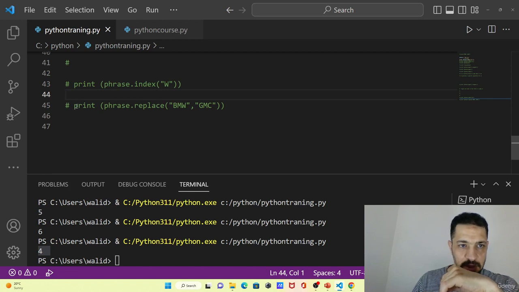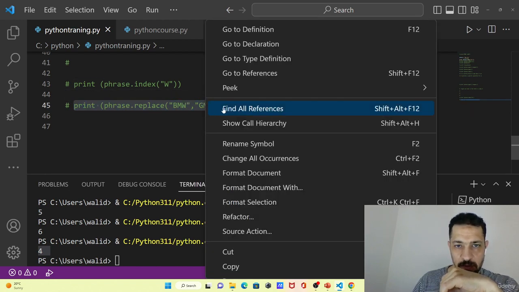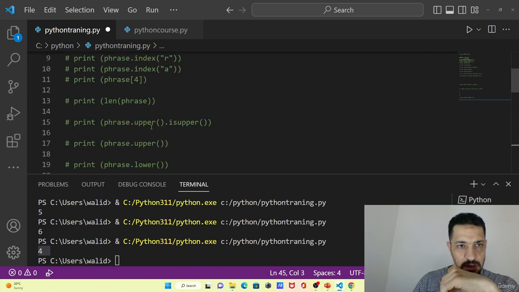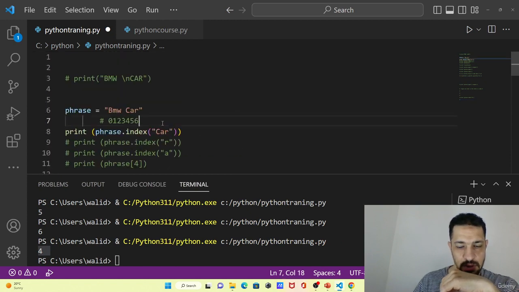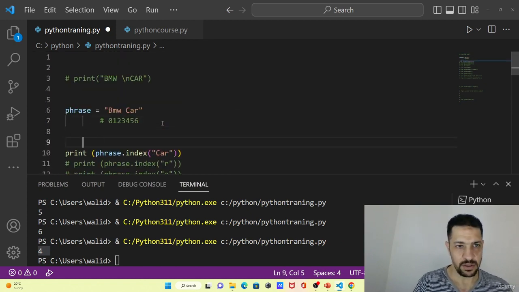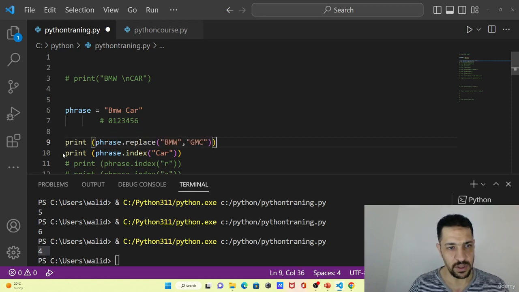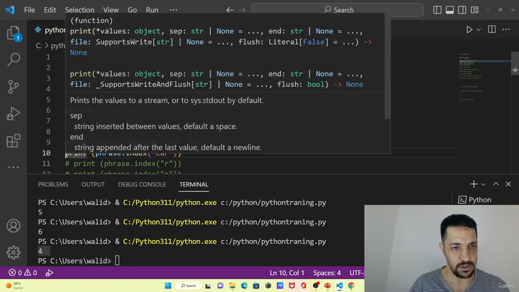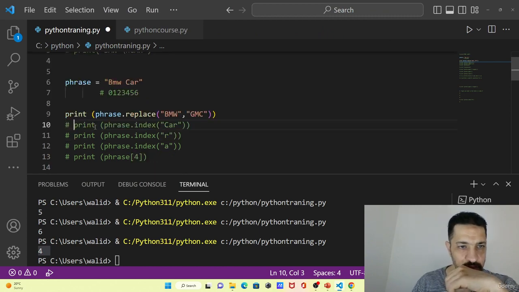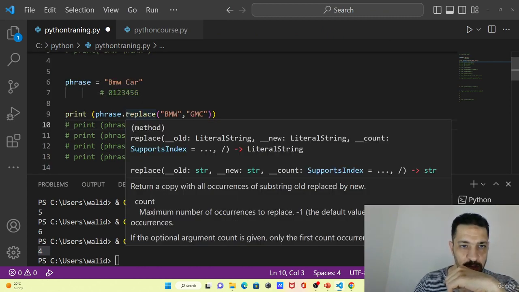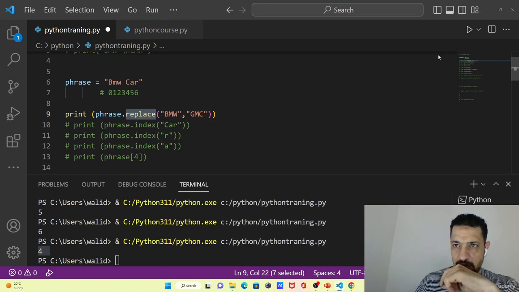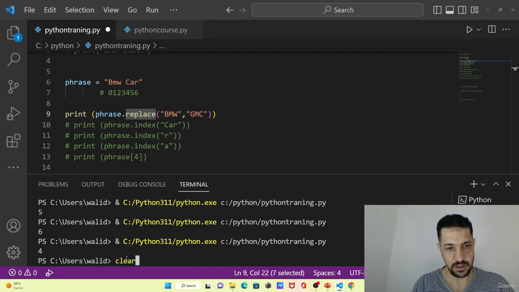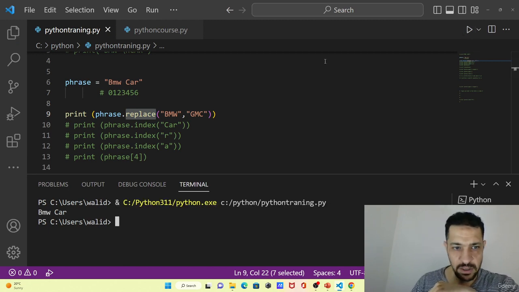Print phrase replace. Now, yeah, this is important as well. Control cut it and put it in here. Let me comment this out. This method, the replace function, is to replace something with something else. Like in here, for example. Let me clear out this one and run it again. This function replaced BMW with